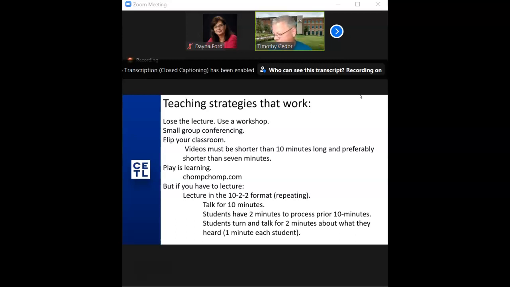Another particular thing that I've had good success with, especially in the developmental writing class, and I'm starting to see good benefit from in the 1301 class as well, is that I flipped my classroom. I've taken a lot of these lectures that 10, 15 years ago I was using the whole hour and 20 minutes to give, and I've boiled them down into very short YouTube videos that I let my students watch, the night before class or two nights before class or whatever the case may be. And then we actually do work in the classroom. They're watching the lectures outside of the classroom and doing work inside the classroom. And that's bred